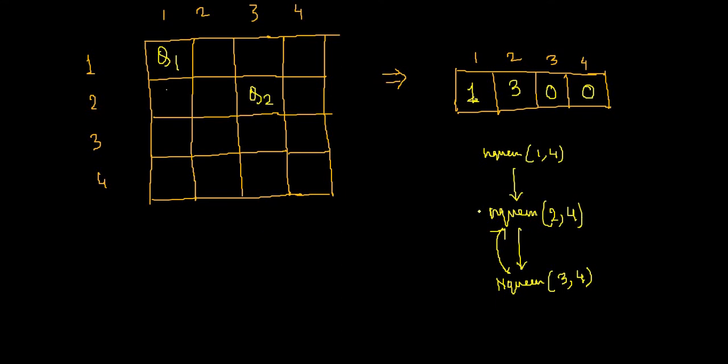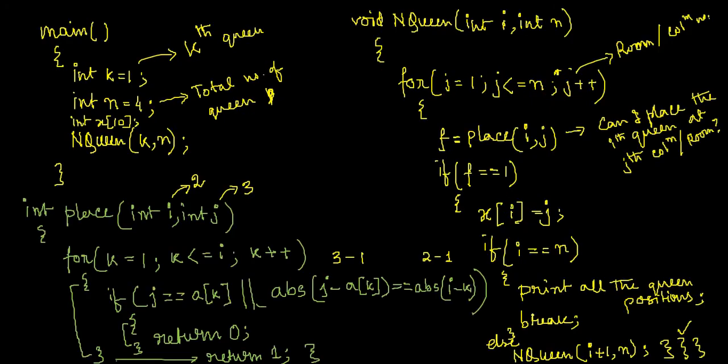So now the question is, in which part will queen 2, 4 return? You see, it will not return from the beginning. It will return from the queen 2, 4 function, from this part where it was actually called. So if it returns somewhere over here, then this if condition ends.